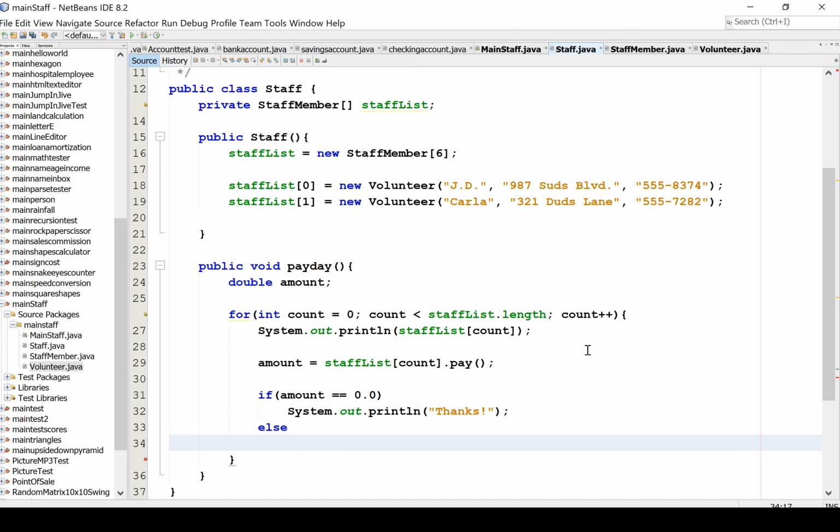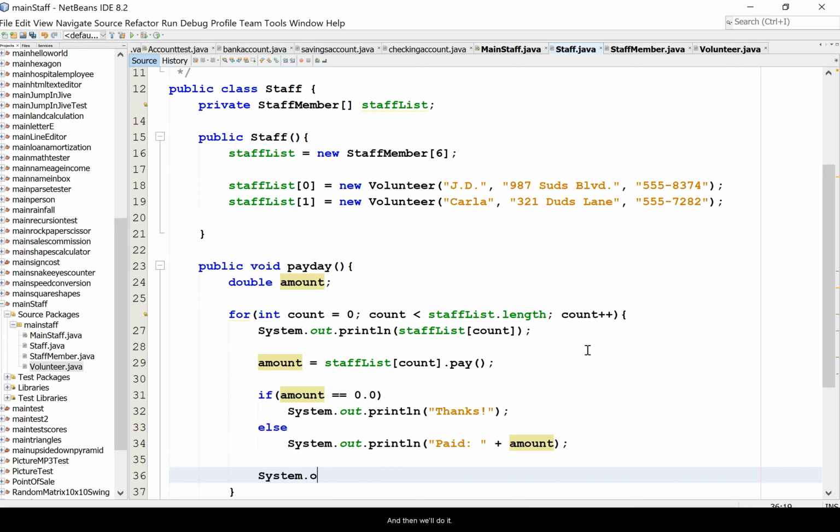Else we'll say they were paid whatever amount they got paid. Okay. And then we'll do a new line. Now this is just going to do, you know, for each record, it's going to just print this stuff and then a new line. So if I run this right now, should